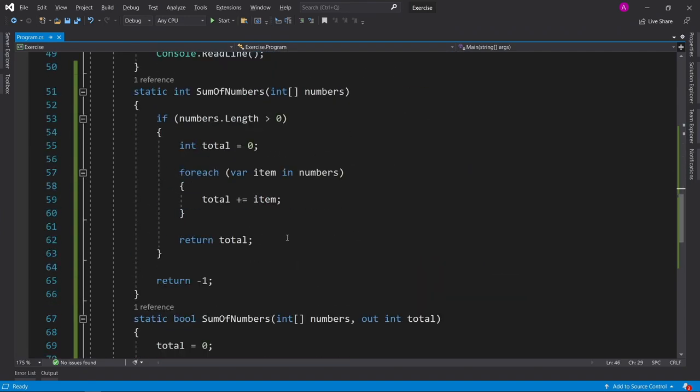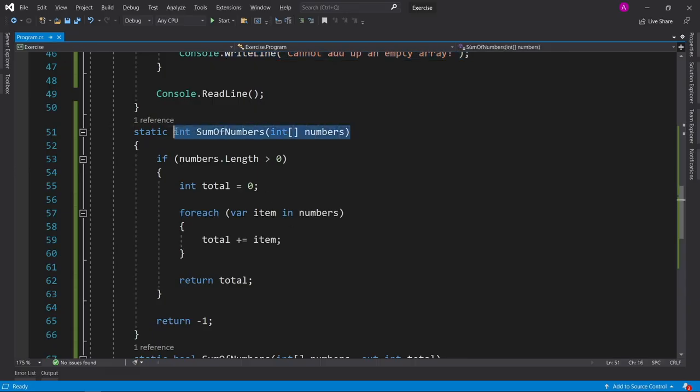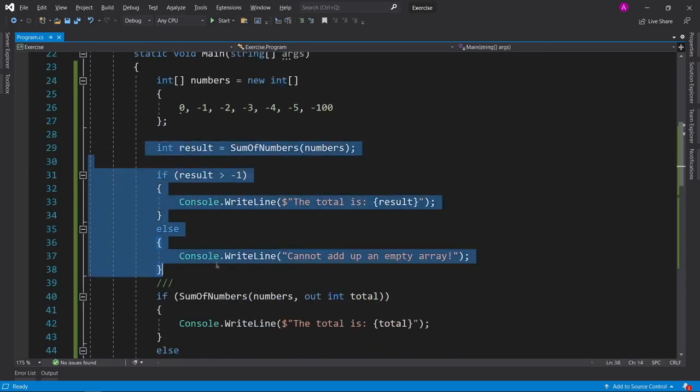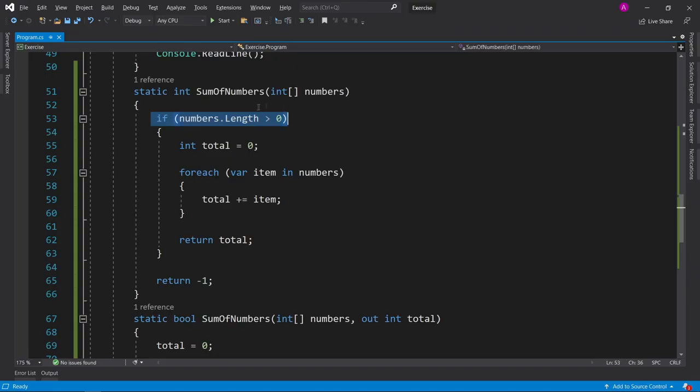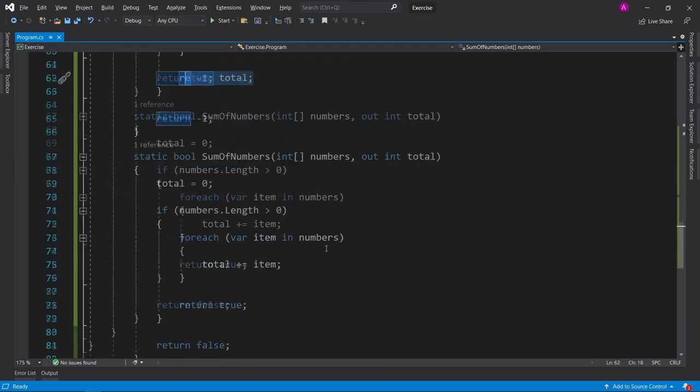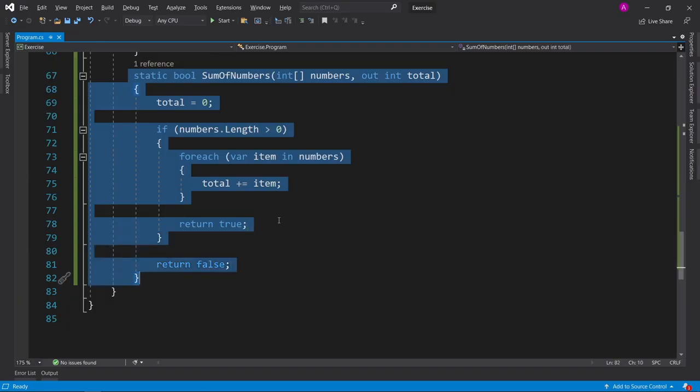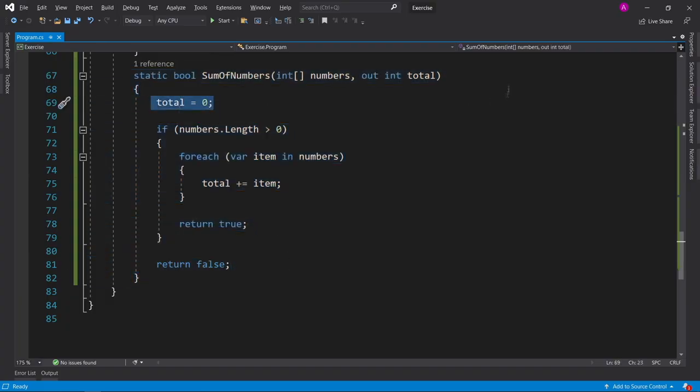So let's have a look at the implementations. So without the out parameters, this is the first solution up here. We get the number's length, check if it's greater than 0. If it's not, we return -1. Make a new variable called total, make it equal to 0, and we run a foreach loop, var item inside the numbers, and we just say total plus equals item, add them all up in the for loop, and simply return the total. And then in the out solution, we have a total equals 0, which just initializes this variable,